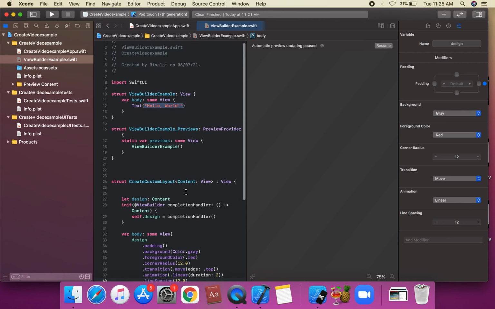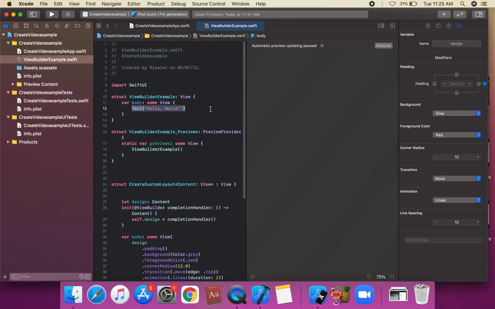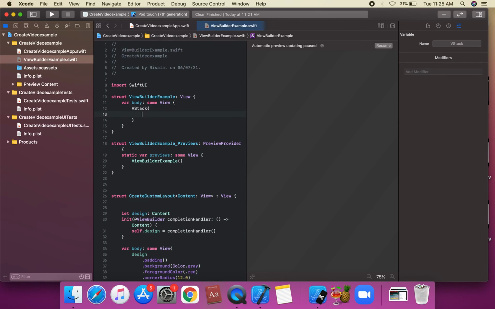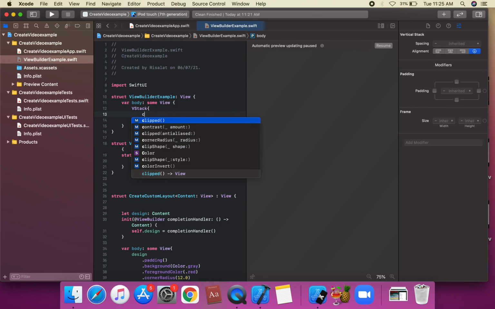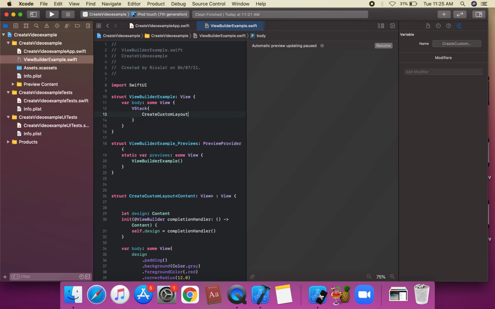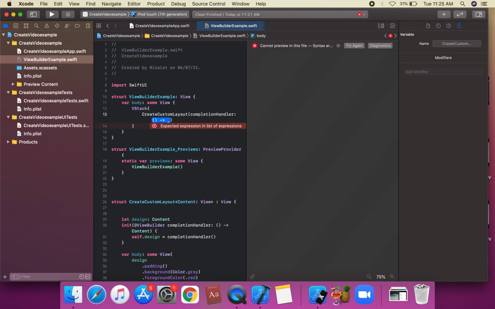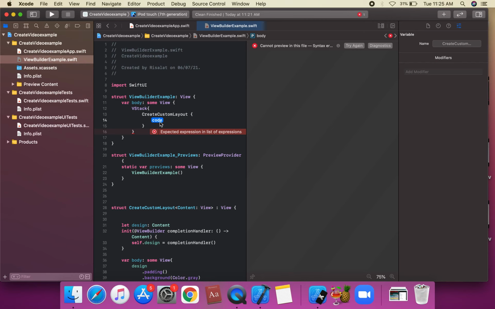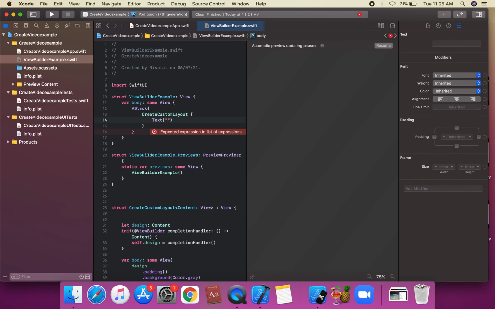Okay, we're going to apply on this view. So this is to create a custom view layout, we're going to create a view stack. Okay, and we're going to create our custom layout. This has an initializer that passes a completion handler, we can pass in initializers, and we can set a completion handler, which is of type view. So we're going to create, suppose, a text, and we're going to use text. So this is a view builder